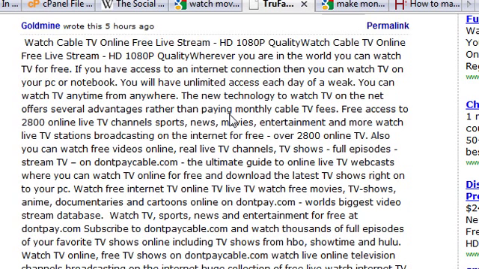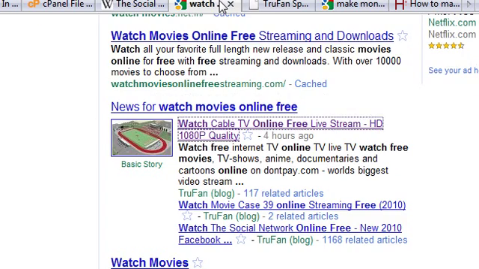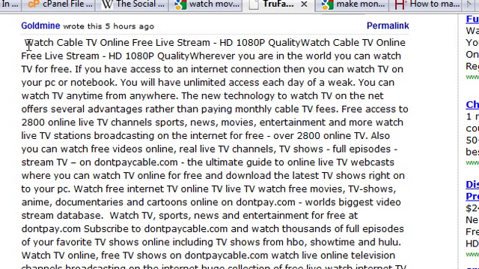Okay, the way that it works with any optimization that will last and that will get on there quickly is you have to talk to the visitors and be very targeted. Okay, let's say for instance, his keyword in here was watch movies online free. If he'd had in bold watch movies online free, and then the very first paragraph said something like, if you're interested in learning how to watch movies online free, then I've got a great resource for you,